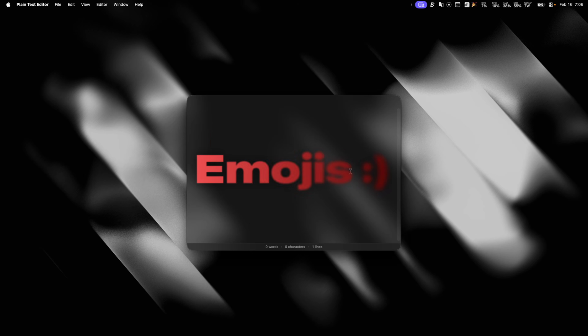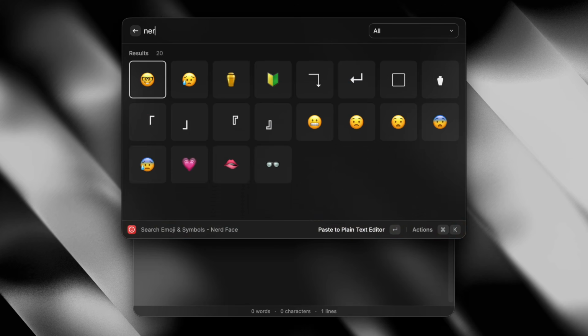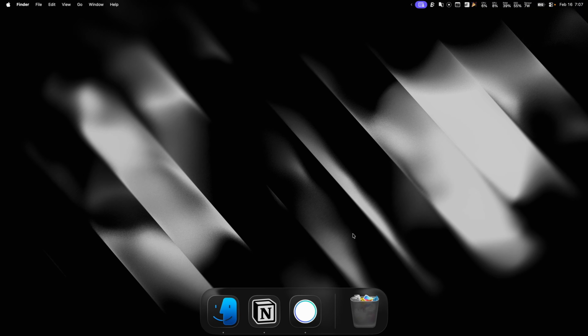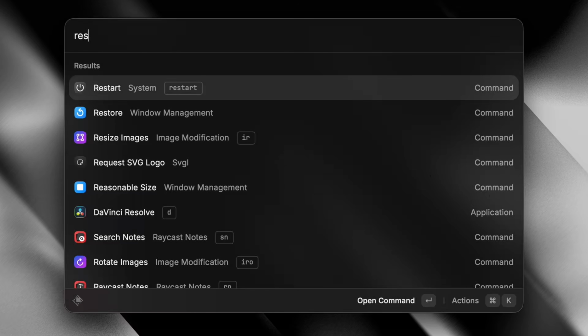Raycast is also an emoji picker, and they somehow managed to make it way better than the integrated emoji picker. So I'll trigger it using a keyboard shortcut, because you can also do keyboard shortcuts in Raycast. So you can just search for box favorite emoji and insert it. And Raycast can also perform certain system actions like emptying the trash, restarting the computer, don't do that now, or